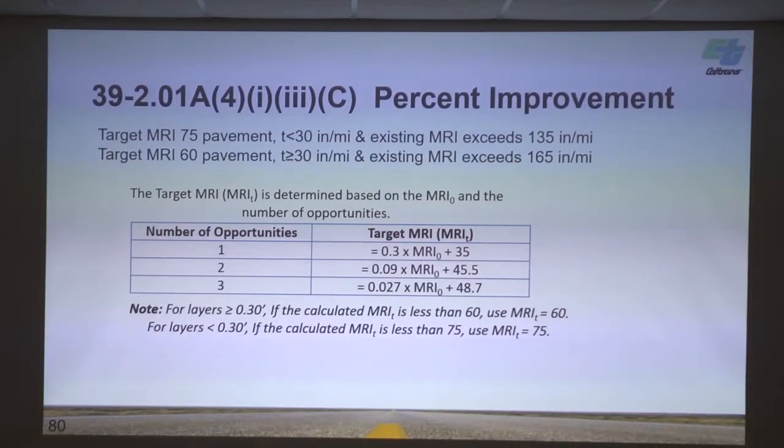Okay, so percent improvement. When we do a percent improvement spec, we basically have to say what is it we're trying to figure the percent improvement of? We have to come up with a target value. We talked about the 75 target. If I have a 136, that's over 135, I'm going to have to calculate the MRI target. If I do that math for one equation, I'm going to essentially come up with a number that's just above 75. So if I get a 140, it's going to gradually climb up.